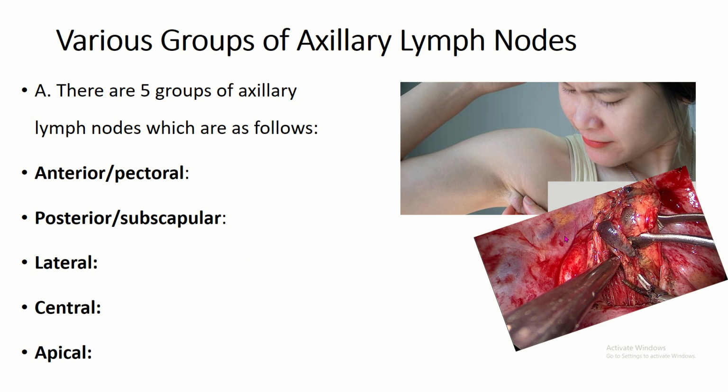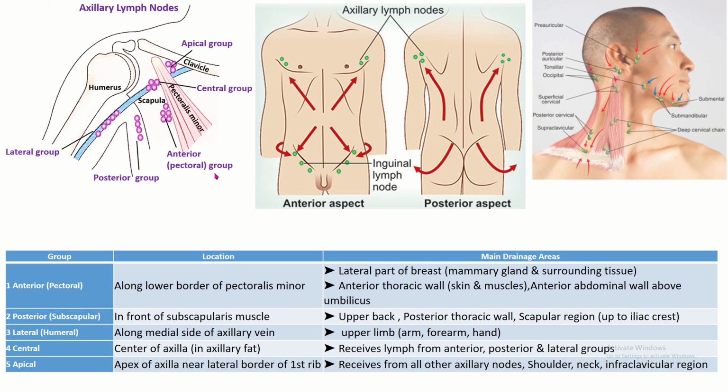Now, the axillary lymph nodes. There are 5 groups of lymph nodes present in the axilla: anterior group, posterior, lateral, central, and apical. Here is the definition of these groups: anterior group, posterior group, lateral group, central group, and apical group. And the